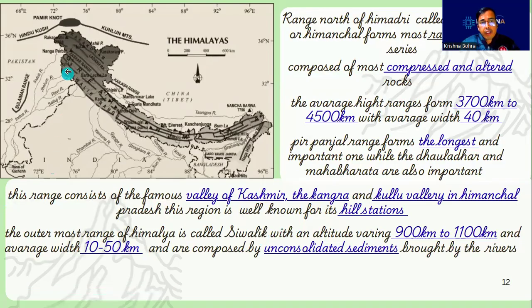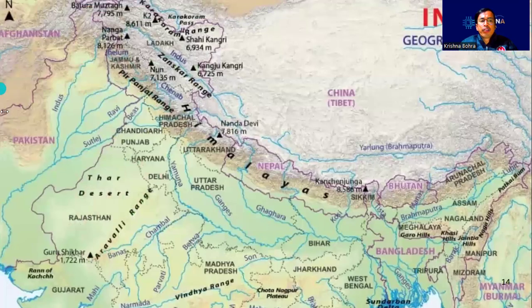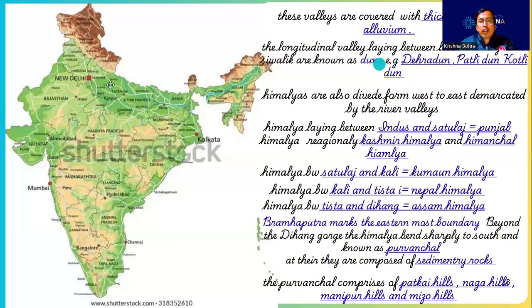So we can also locate. So this is the Greater Himalaya, and you know this is the longest continuous series. Thereafter is the Lesser Himalaya. You can observe the discontinuity of the Lesser Himalaya over there, and southward, next after the Lesser Himalaya is the Shivalik. So these are the three types of mountain ranges. You can also locate Karakoram, Ladakh, and Zanskar ranges over this particular map. So we have understood the three major Himalayas, and